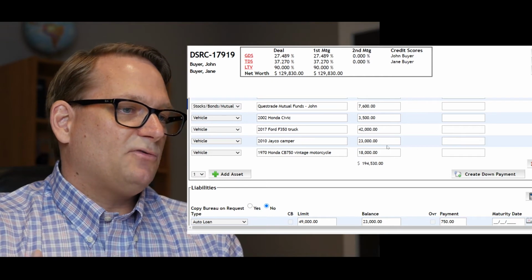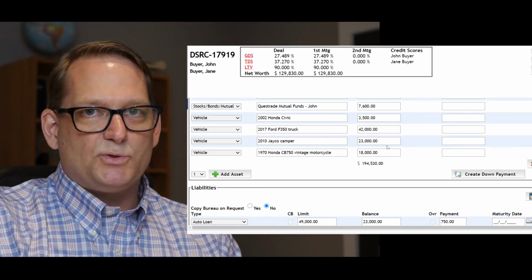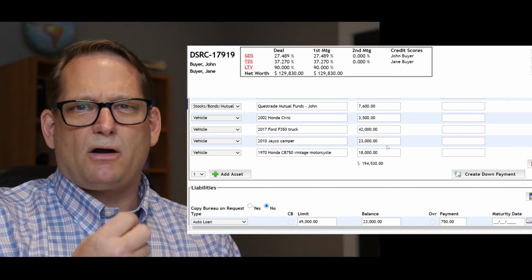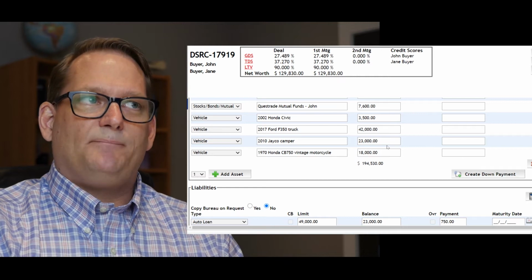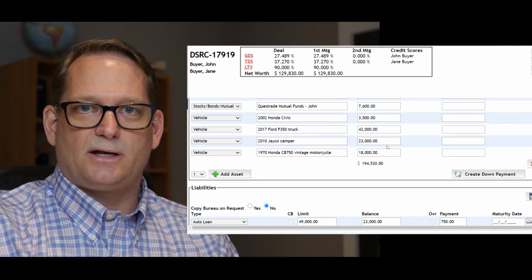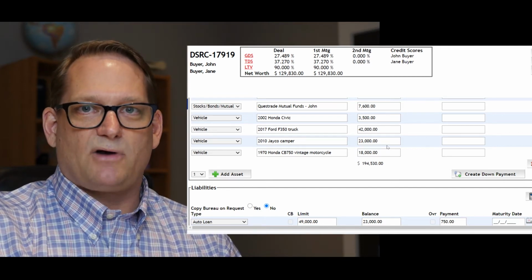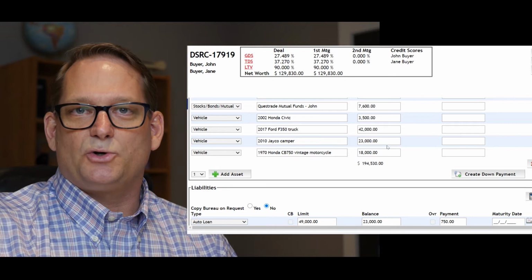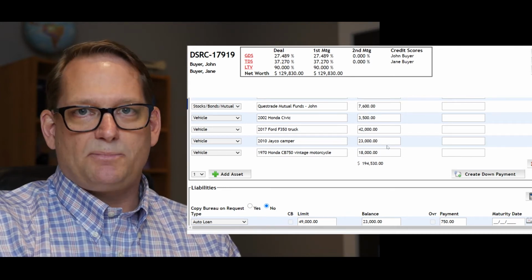So if you've got some assets that don't fit with investments or vehicles, keep those in mind, especially people who are in the trades. So if you are a journeyman mechanic or something like that, it's often surprising when I say how much do you have in tools to a client, and they'll say, oh, I don't know. When they start to really think about it, some mechanics have upwards of $15,000 to $25,000 worth of tools. So I do add that in here because that makes up a part of your net worth.